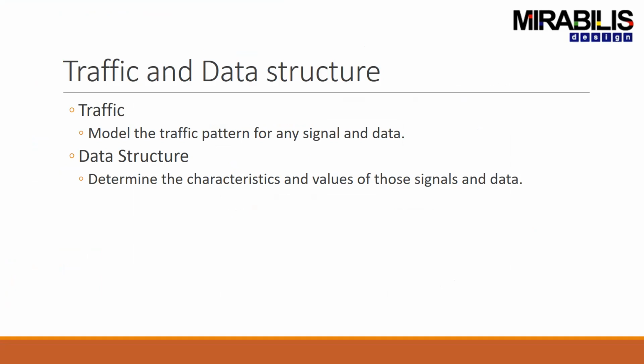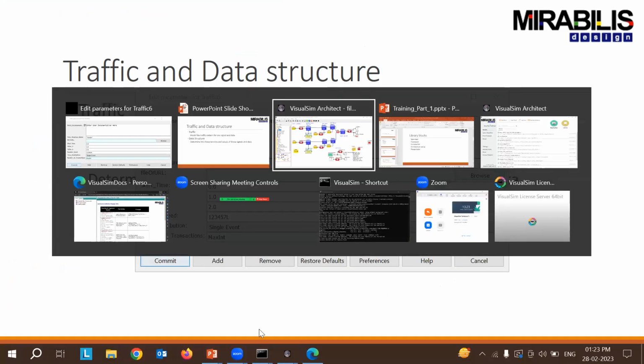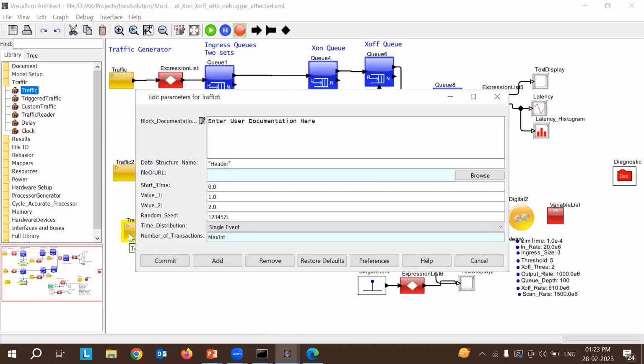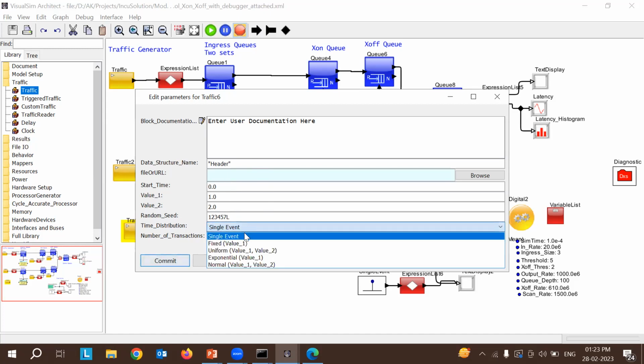How we emulate, how we characterize the signal and how we apply the values, for those we use the data structure. With this traffic block, we can determine the characteristics of the signal, like what time it is supposed to start, and what the time interval is between consecutive signals, that is, the time distributions. Whether it is a single event, which means it sends a single packet